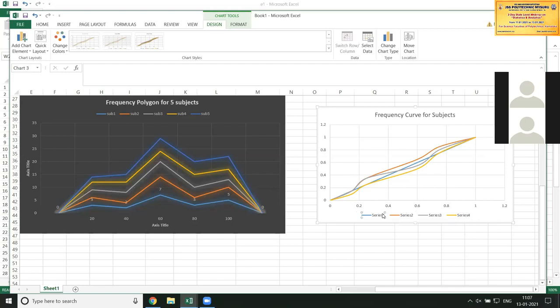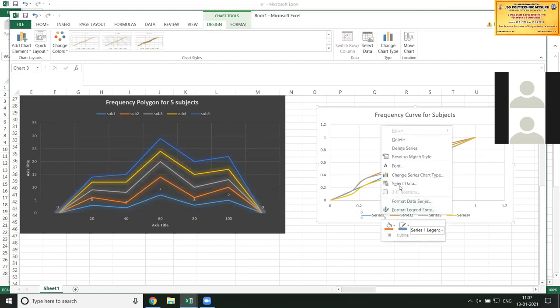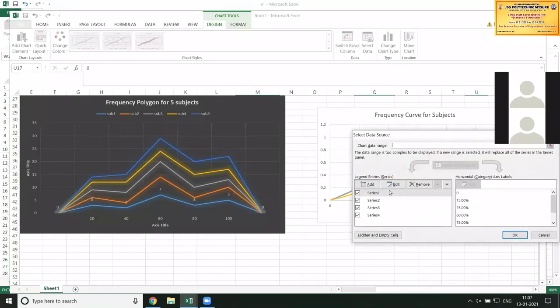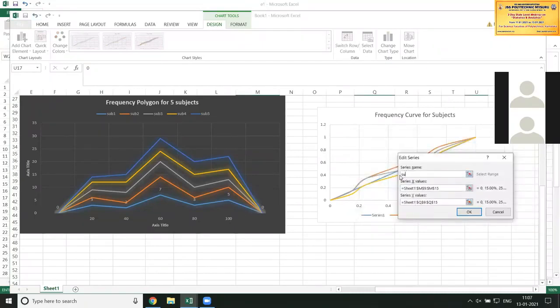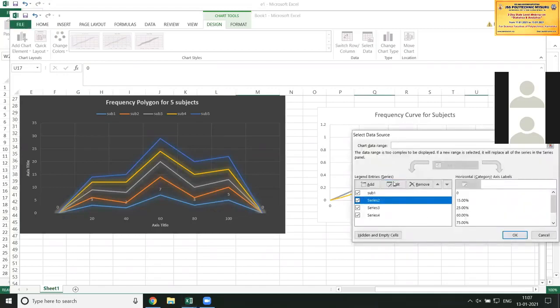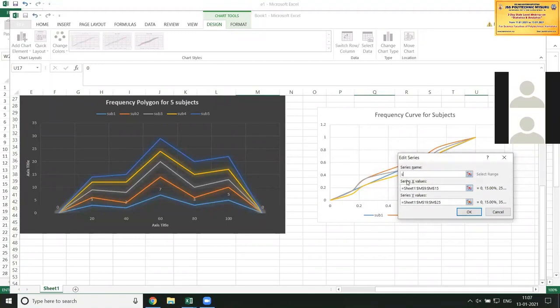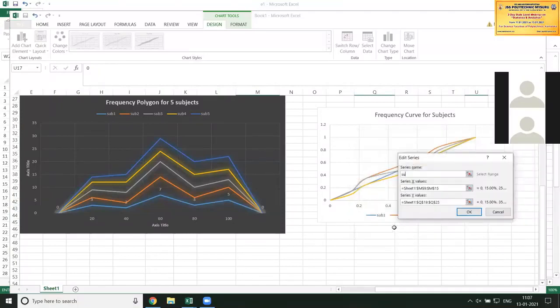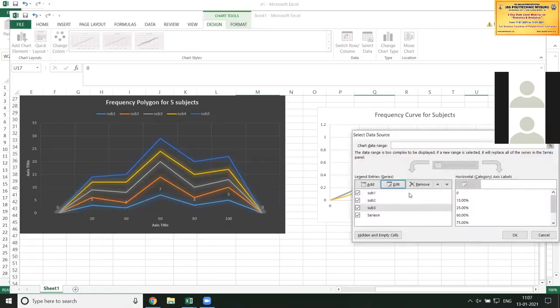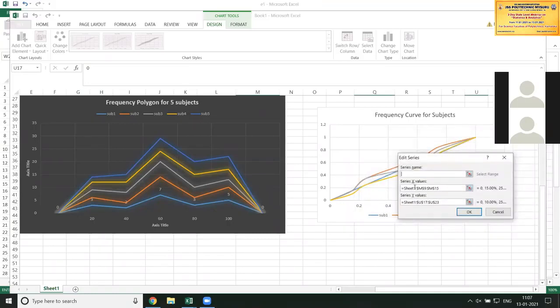Series 1 can be renamed with the subject names. So click on that, say select, series 1, edit, subject 1, edit, subject 2, subject 3, subject 4.